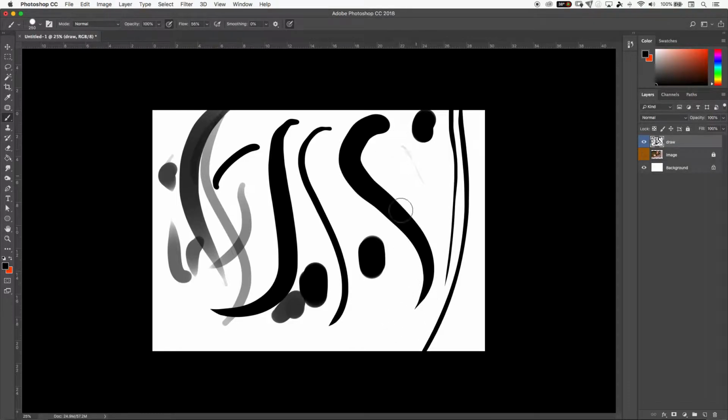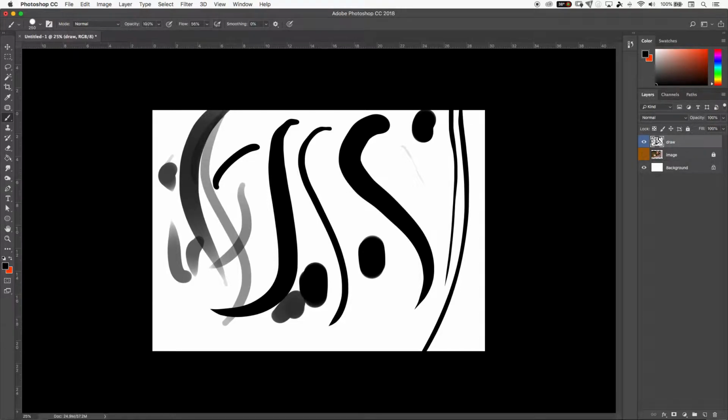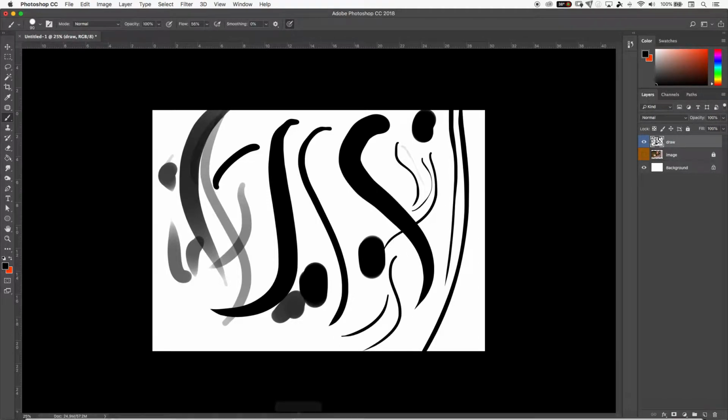The lighter I press, the softer and lighter. So you can do a combination of that, and you can start getting an idea of how we can do some very interesting lines. Now what I'm going to suggest that you use for this is brush tool, hard round, and set opacity to 100%, and set pressure size like that, so we can get some nice interesting size lines based on the pressure, and it is good to get used to